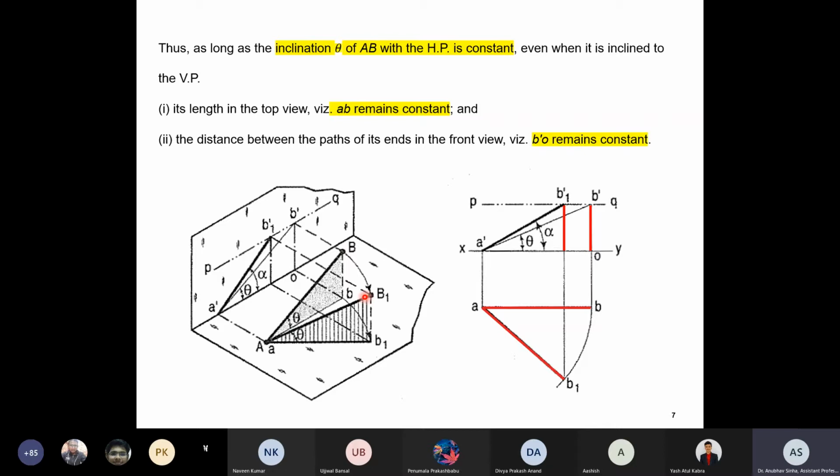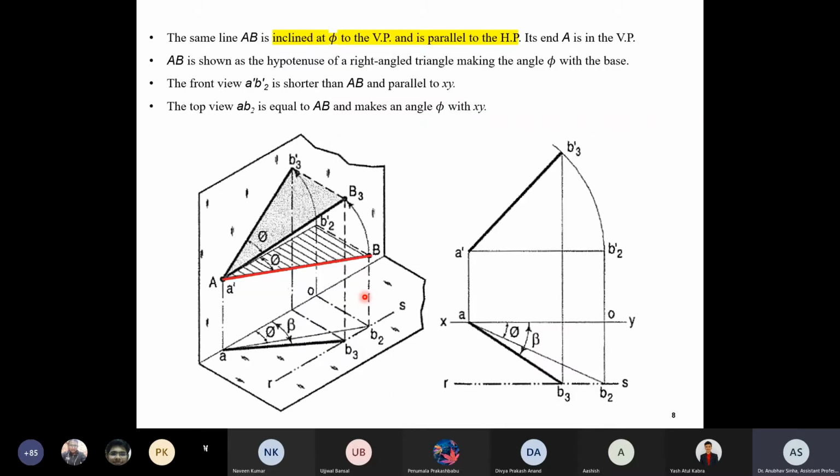Fine. Now let us take another similar example where the line is inclined to the vertical plane and it is parallel to the horizontal plane. Okay, AB. Now let us say it is inclined at an angle theta. So this is your triangle, let us say made of cardboard. Now again, I keep this line fixed on this horizontal plane and I rotate it about point A. So this is a cardboard piece. First location is here. Now it is rotated. Second location is here. This is the same cardboard piece.